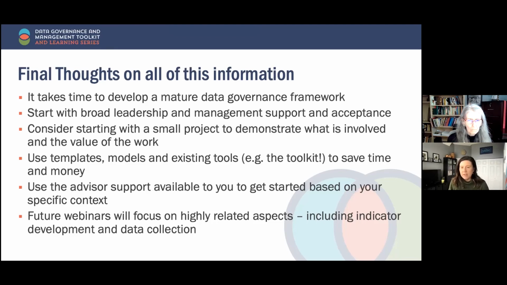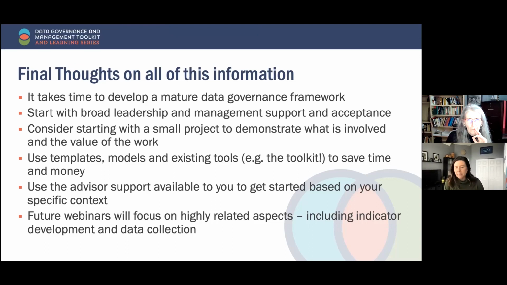Starting with a small project might be good. This feels very overwhelming and speculative, like, does this even matter to us? How much data do we have? So you might just want to pick something. Maybe there's one priority that your nation or government has, where you need to understand what data you have on this and govern it properly. Or there's one particular data set that's a real mess, and it would benefit from some standardization and some thinking through. So starting small works, and this is again where the advisors can help work through that with you. The toolkit is here.